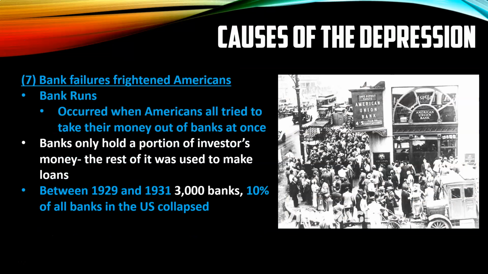All right? And the last thing is the bank failures. Okay? Many frightened Americans who saw the stock market going down in 1929 began running and flocking to the banks, and all of them tried to pull out their money at once. Well, here's the problem. The bank doesn't have all that money. The bank relies on you leaving your money in there and drawing it out a period at a time so that they can loan money out.